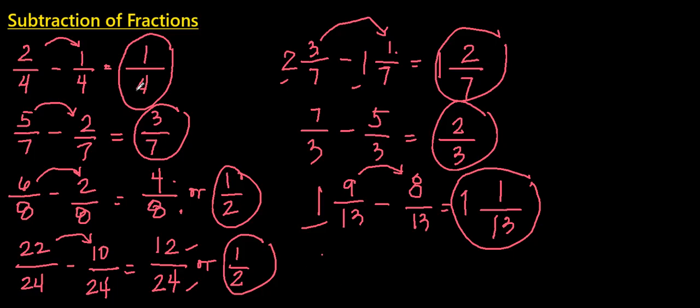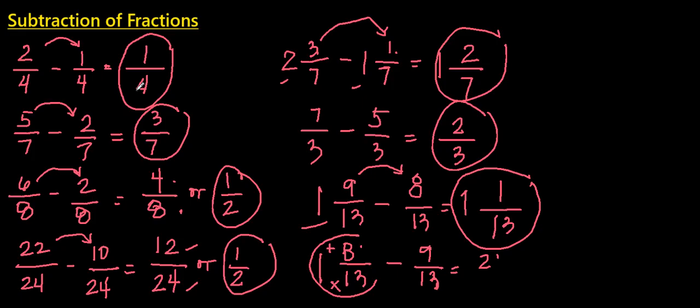What about if we have 1 and 8 over 13 minus 9 over 13? So notice that 8 is smaller compared to 9. So we just have to convert this first into an improper fraction. So to do that, just have to multiply, then add. Denominator times whole number plus the numerator. So 13 times 1 is 13 plus 8,